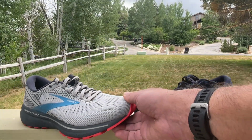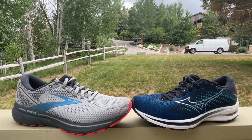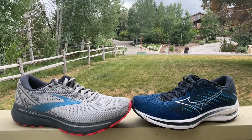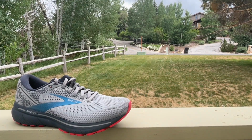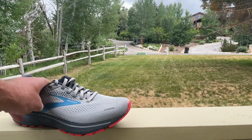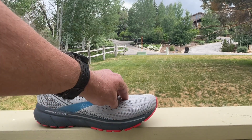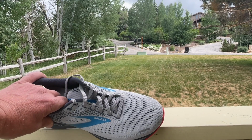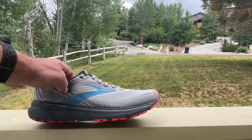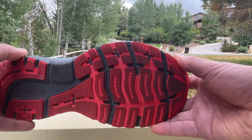In terms of its actual ride, I remember well the 13 was kind of very soft, mushy, especially up in the front of the shoe. I really didn't enjoy it, and it also had some upper structure issues. Well, Brooks has done something different here with the front, and I think part of it may be that our